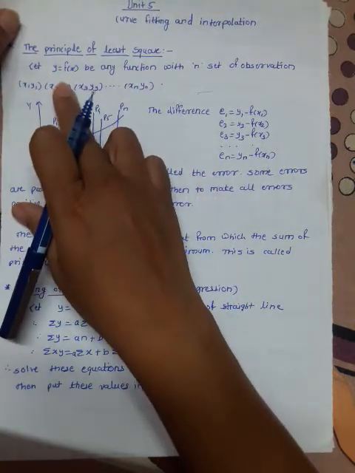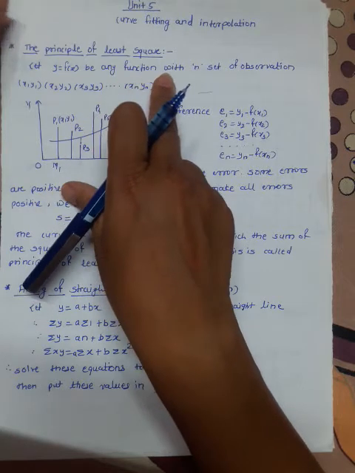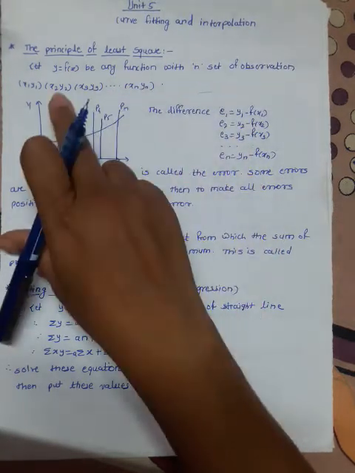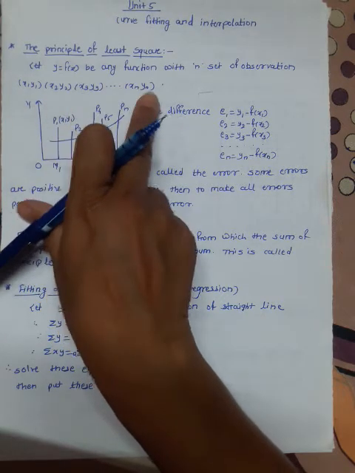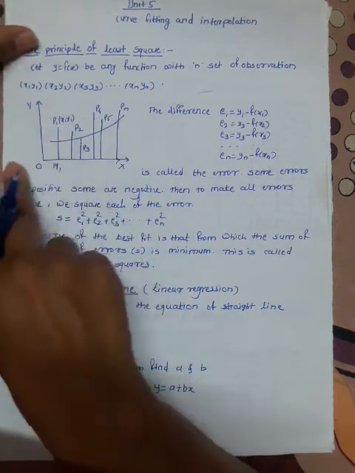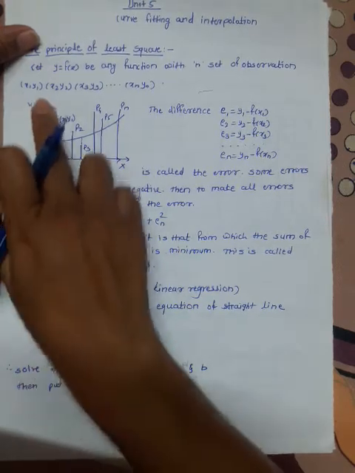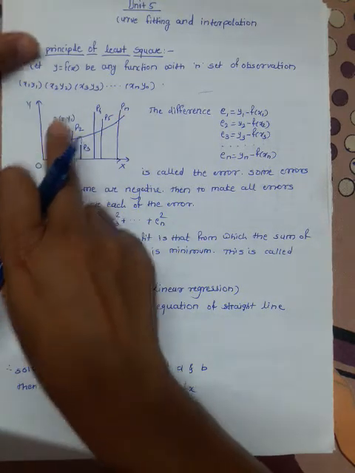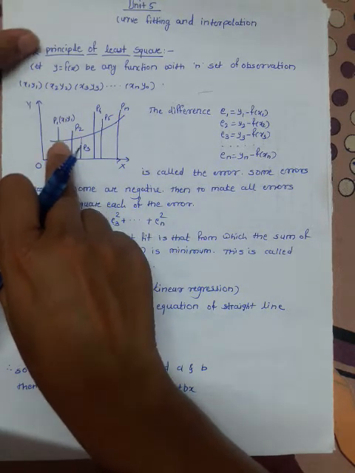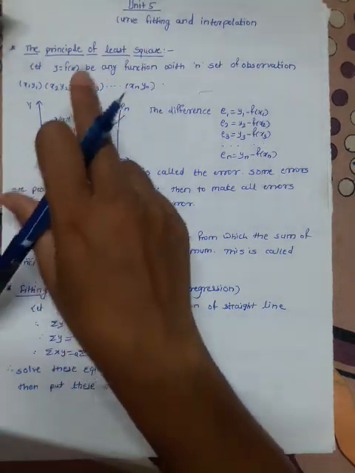For that, consider the function y is equal to f(x), any function, with n sets of observations: x1, y1 ordered pair, x2, y2, x3, y3, and so on up to xn, yn. Suppose this is the graph of the points. Suppose these points are p1, p2, p3 up to pn. Then we have to find out the curve which fits these points with the help of the principle of least